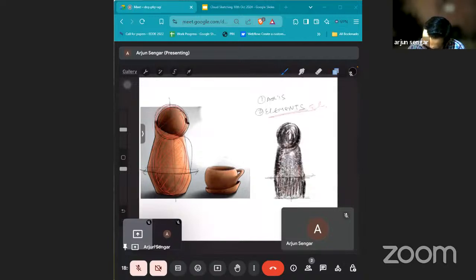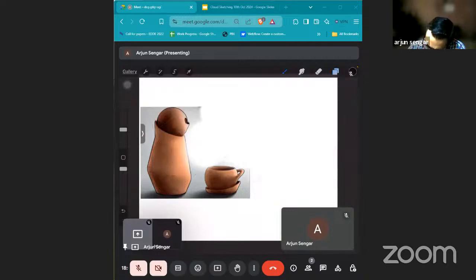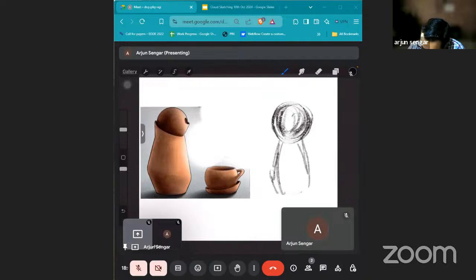Suppose this is a thing I have to make, and I make the head too big and the body too short. Is it looking right? It is looking more like a different object, not the same object, because we are not able to maintain the ratio. In this line and this line, there is a significant difference.